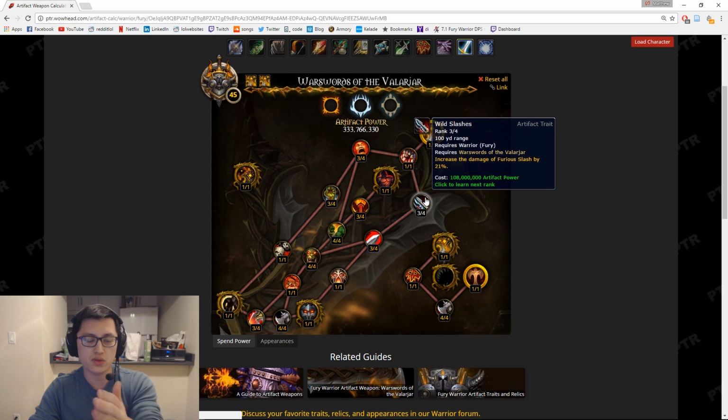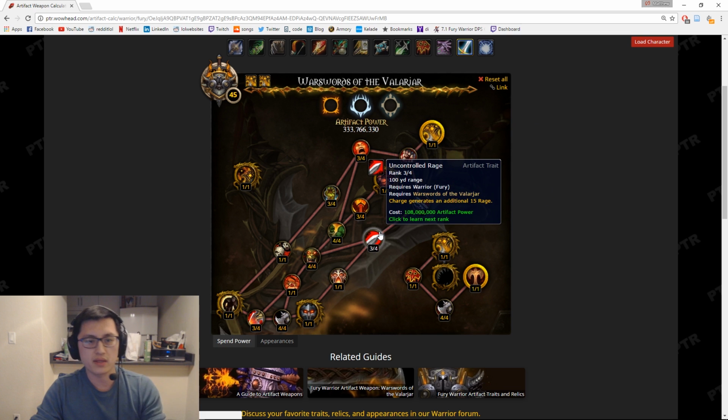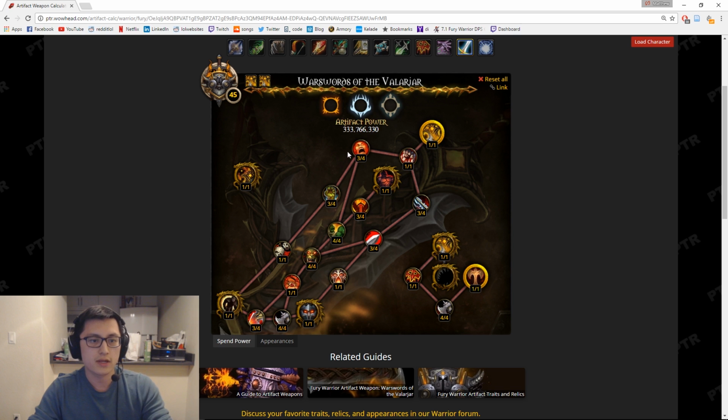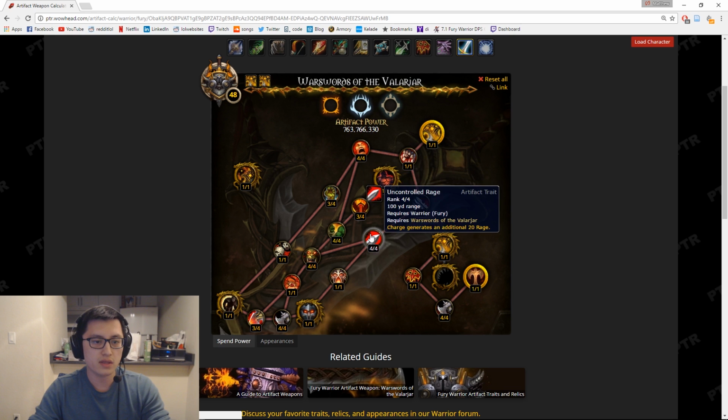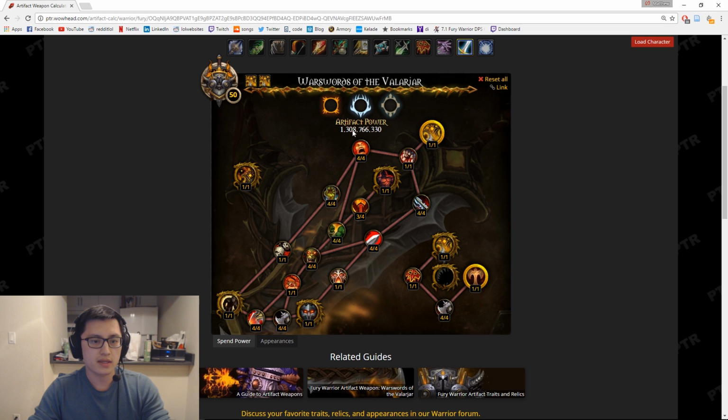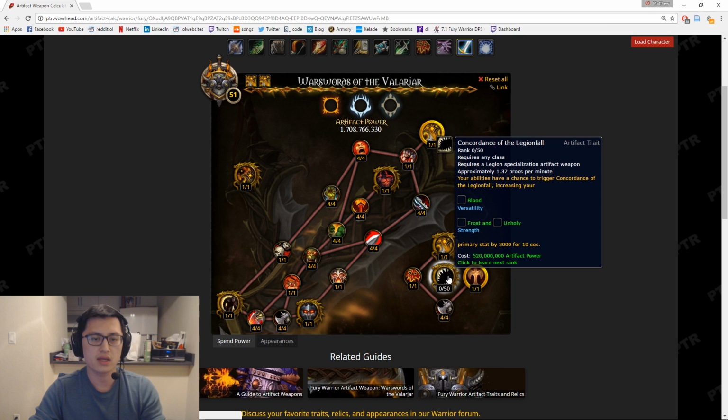Like at this point in the tree, you just want to fill out your points, right? And then you can put it into Uncontrolled Rage if you want, then you can put it into Blood Rage, which of course isn't really a DPS trait, but you do need to put in all of your traits. Right? So once you fill in all of these for 4 out of 4, let's see, is there any I'm missing? Right here, oh, Battle Scars, right? Once you fill in all of those traits, you have 51 traits, that's when you're going to unlock this new